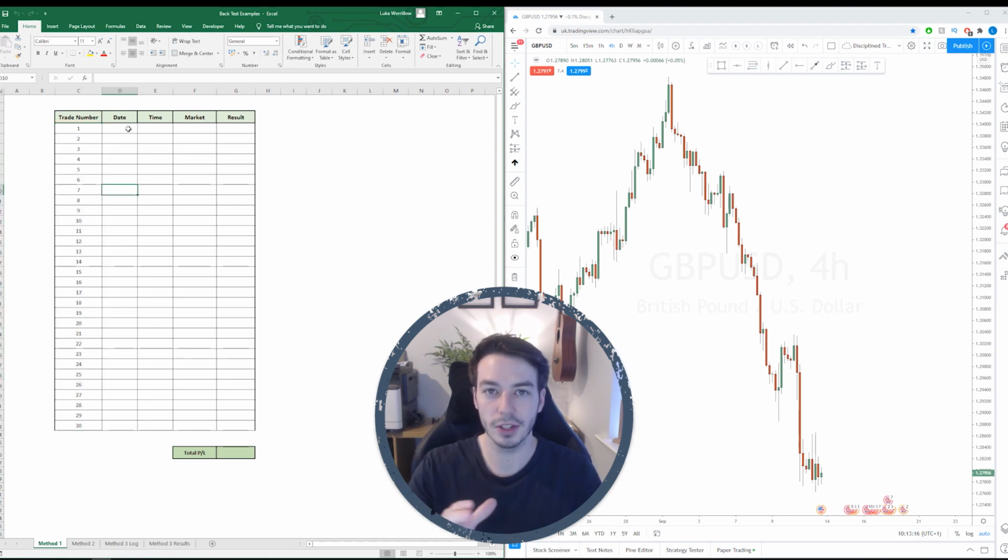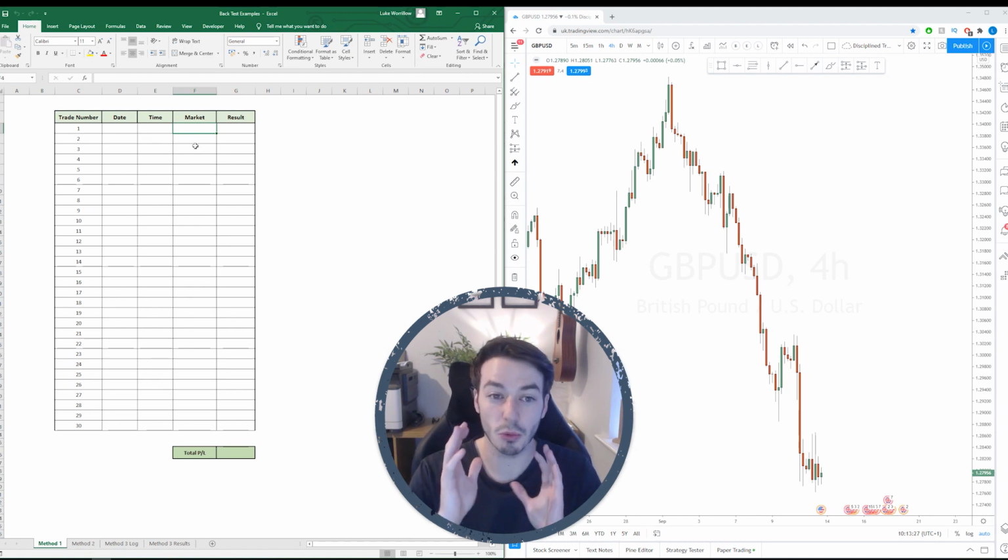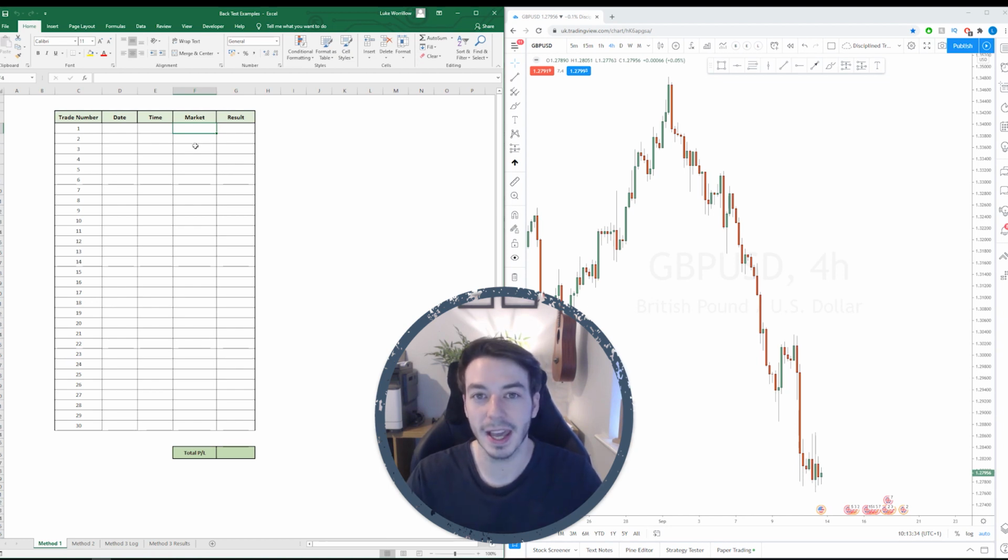And then just so you can reference these trades at a future date if you wanted to, we've got a date column, a time column, and a market column. If you ever wanted to go back and find these trades, you could do that using this information here. It bears no relevance on the outcome of the trade or the analysis of the trade. It's purely to find it again if I wanted to do so. And then we've got the result column. So in this column we are just going to write what the result of the trade is. I'm going to do it in a percentage, so is it +1, +2, so on,